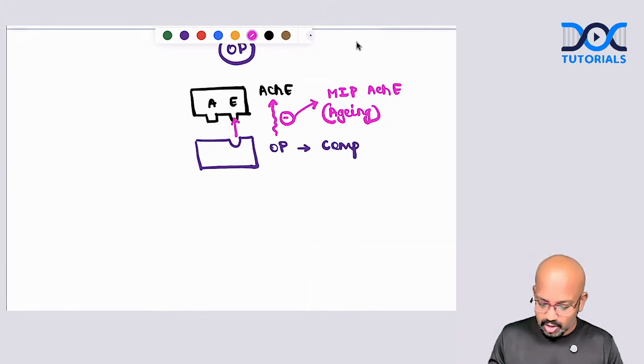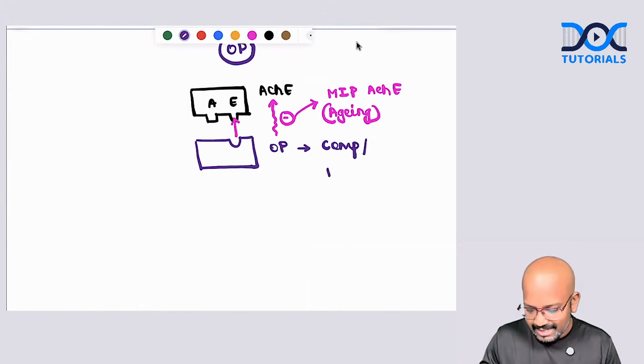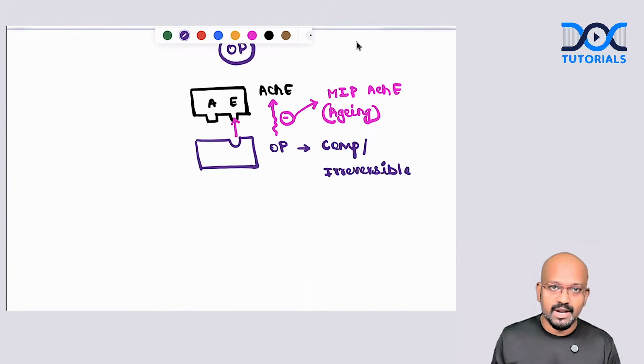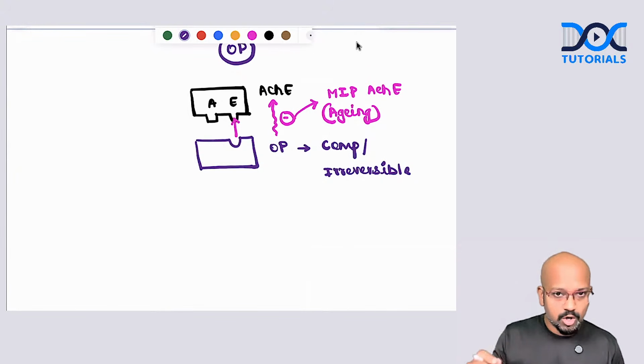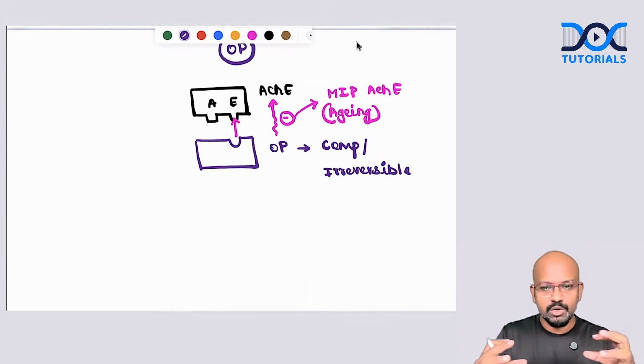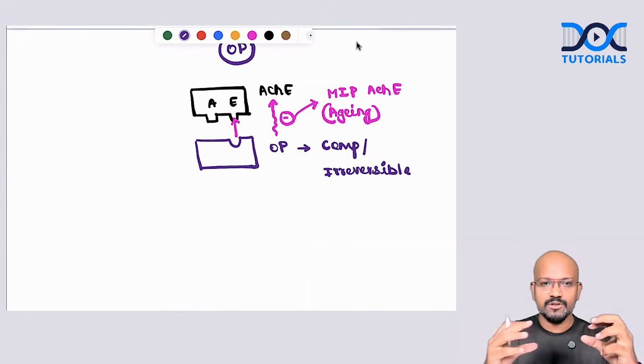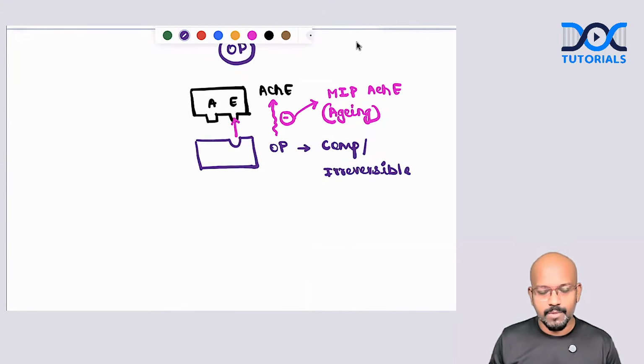As I've told, it is a competitive, what type of an inhibitor? Irreversible inhibitor. This is a classical example, my dear. This question might be expected in the MCQs or also in your Vivas. Very much important one, a classical example of a competitive irreversible inhibitor. Why is it very much important? Because competitive inhibitors are mostly reversible in nature. Non-competitive inhibitors are mostly irreversible in nature. We have a beautiful collab over here, competitive and irreversible inhibitor, which is organophosphorus compounds.